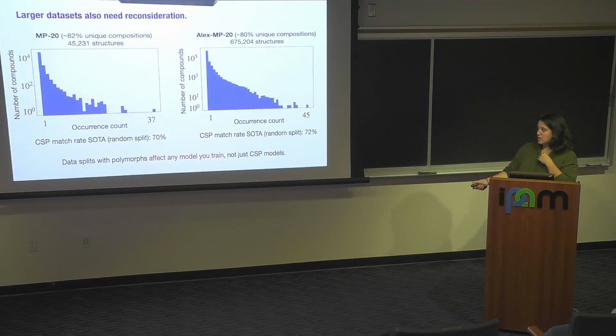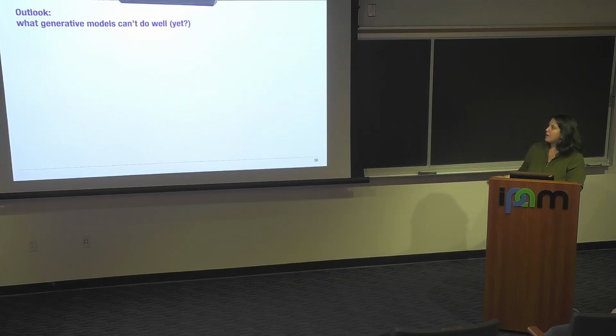So my takeaway is that how you split your data, how you handle polymorphs, and how you incorporate the existence of polymorphs into your benchmarks seems like a really important thing for materials, and we should be doing this for any model, not just crystal structure prediction. You're going to take those data sets for your de novo generation models as well, with the same splits. The benchmarks will change, but the data sets won't. That's very important, and we should not be ignoring it.